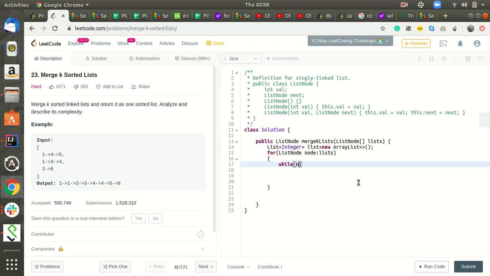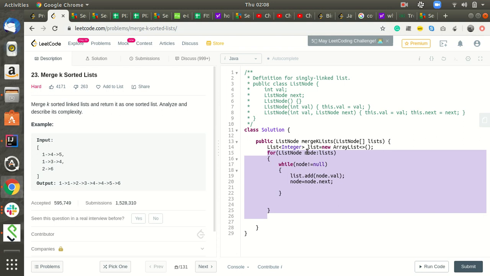So while node not equal to null, list dot add node dot val, its value, then I'm incrementing the head of node to node dot next. In this way, all the linked lists will be transferred and all the elements will be added to this list.